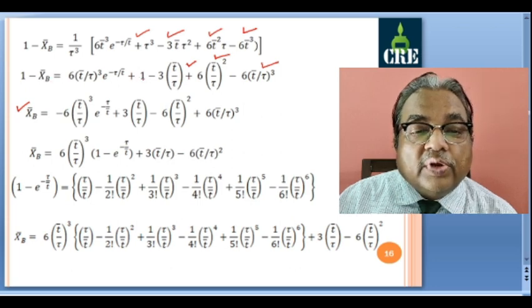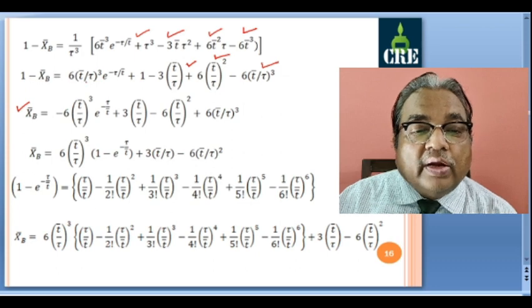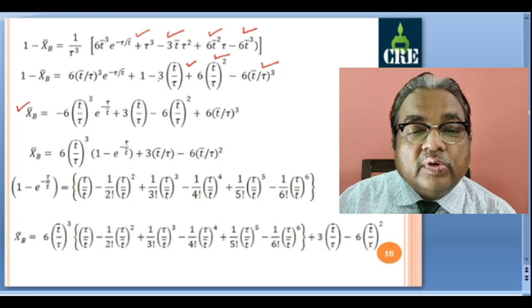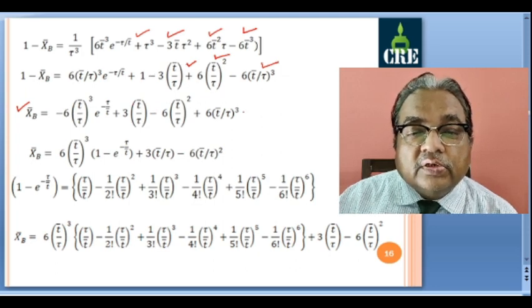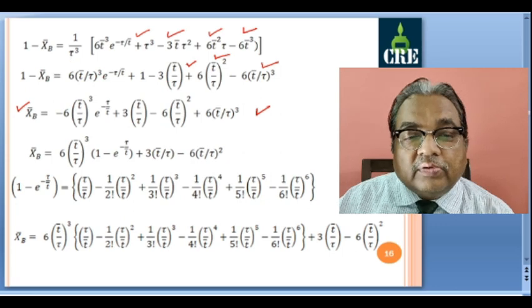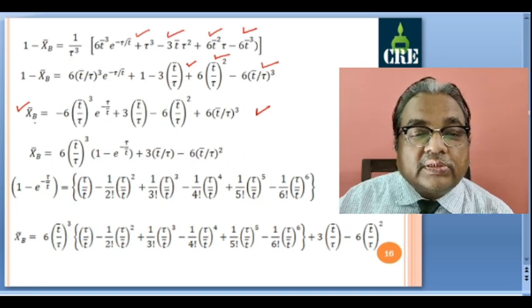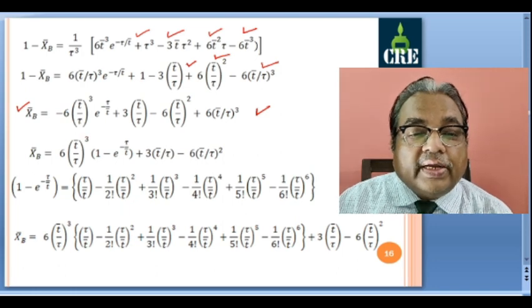So this plus 1 becomes minus 1, minus minus 0, and all these signs will change. So this is minus 6 into this term, plus 3 into this term, minus 6 into this term, and plus. All the signs will change as we transfer this to this side. Minus xb becomes plus xb on this side, and 1 minus 1 cancels out. So what I get is,